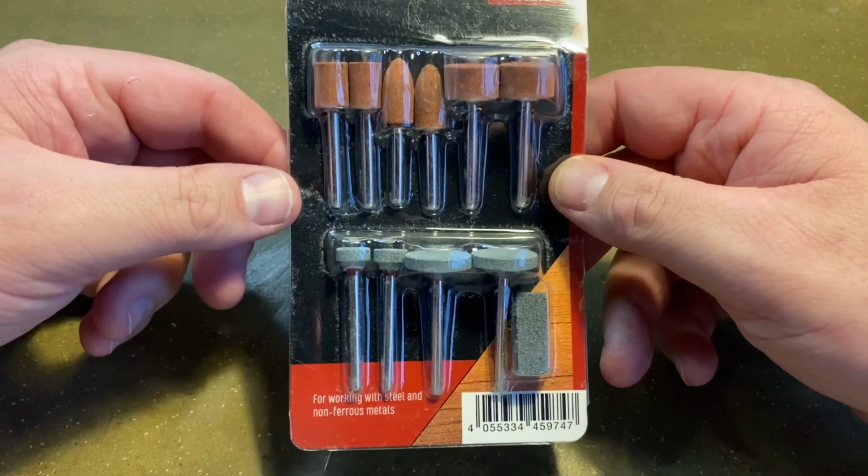Now the next three things are all in the same bit. The precision screwdriver set, precision ratchet set, and a rotary cutter. These were £3.99 each, so I got one of each that were left, and these actually look very nice and handy to have. Now I got this